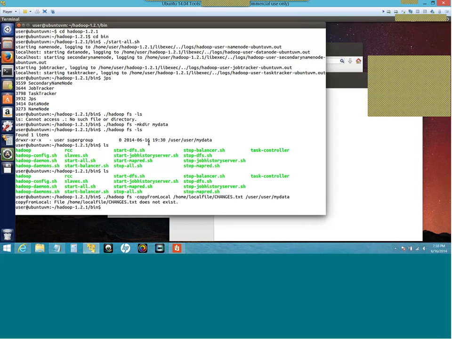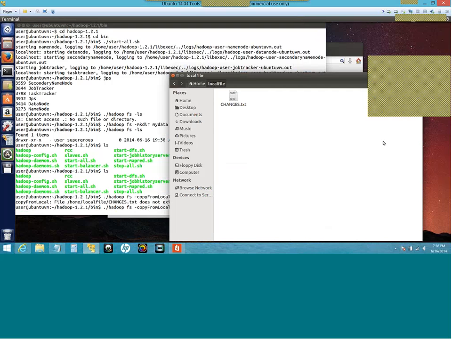I think it is /home /user and then local file or local files. See the directory. You have to change it. You have to go and see where this is, and then you have to